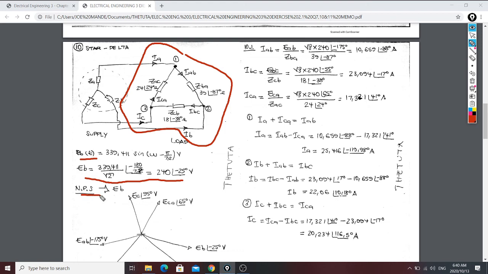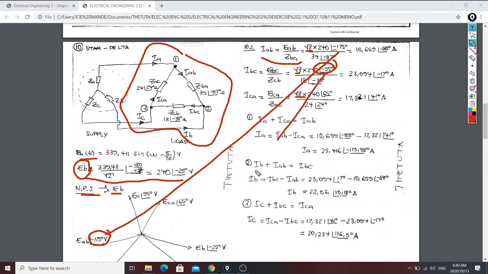And then we have explained already them in a previous video how to do it. You put your negative phase sequence, you take your reference, then you draw your phase sequence. Once you have drawn your phase sequence, then you come here, you say your IAB, you apply your Ohm's law. Okay, but remember the given voltage was a phase voltage, therefore we need to times it by square root of 3, and therefore the angle of the voltage EAB is going to be minus 170. You substitute. For BC, it's going to be minus 50. For CA, it's going to be 65.